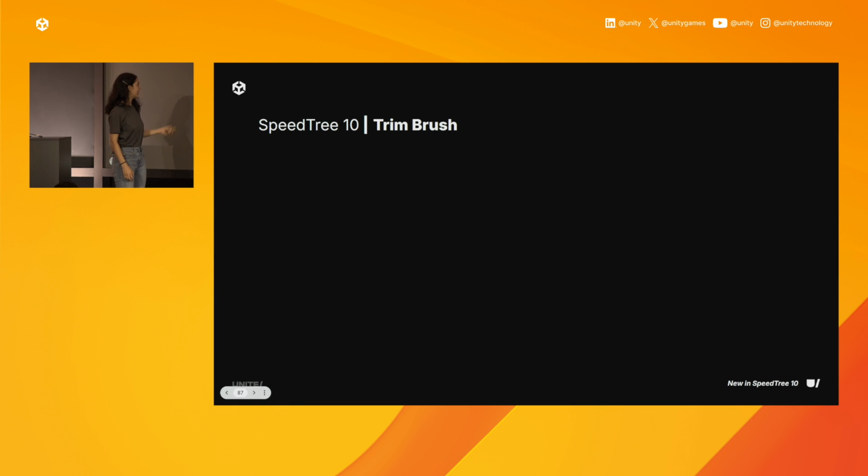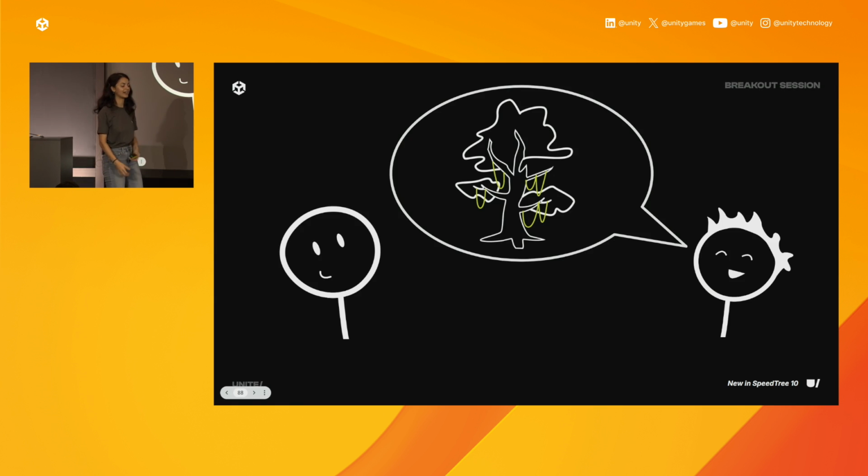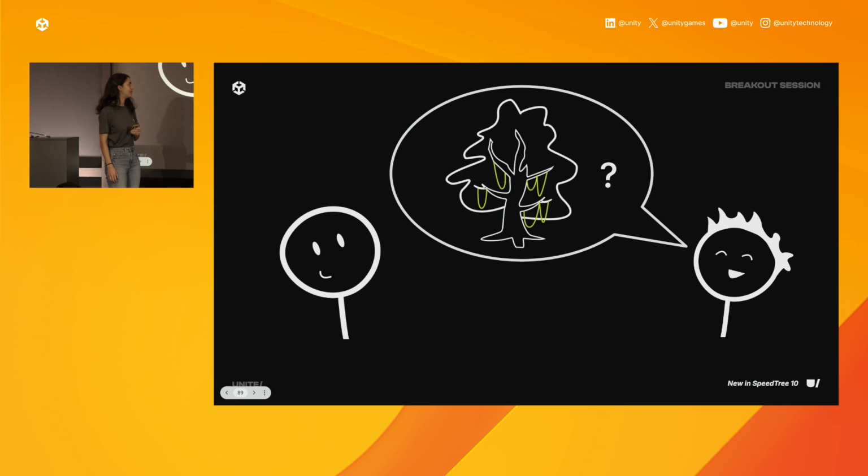So you can see we cut up, gave our tree a haircut, and a few months later, our art lead comes back, everything's great. We can tell it's a few months later because his buzz cut has grown out a bit. And he loves the tree, but he has one more question, which is, can you actually put all those leaves back?